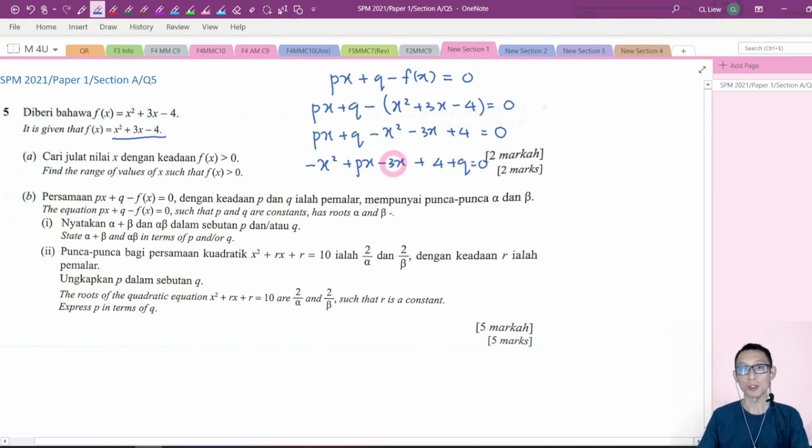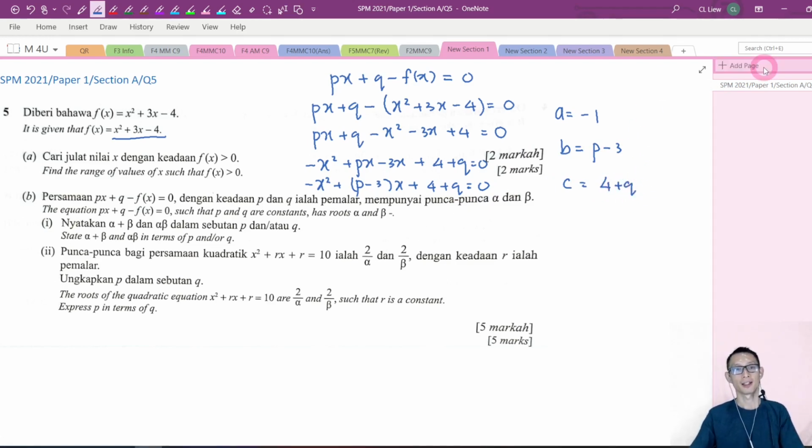Okay, so here let me do some factorization. Now from this quadratic equation, we know that a is equal to -1, right? The b will be equal to p minus 3, and the c is equal to 4 plus q. Now, we want to state the value of alpha plus beta and alpha times beta in terms of p and